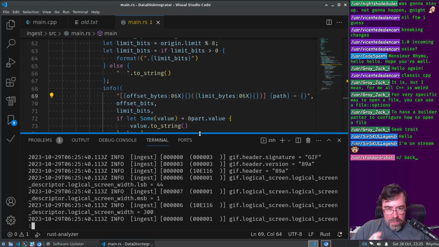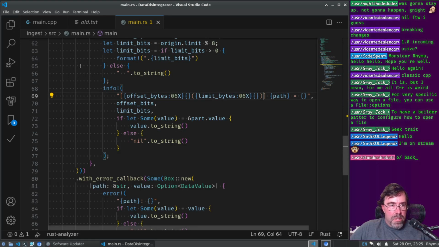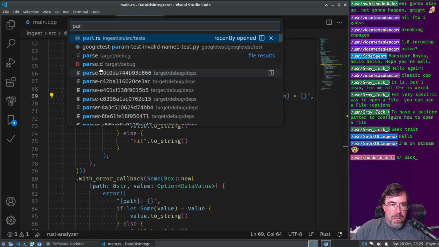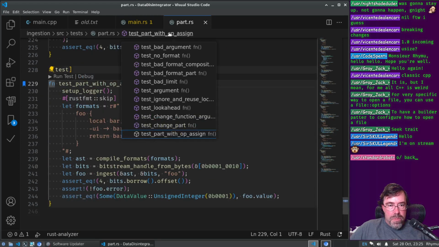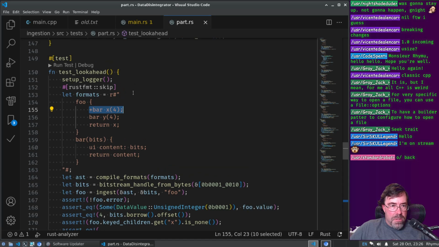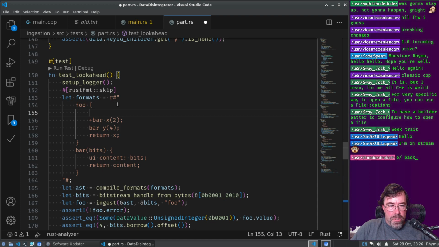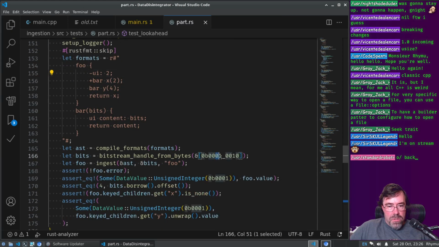Okay, so a couple things I have to fix, right? I want to fix the bug in the look ahead. I'm pretty sure I know where that is. So I think the problem is I didn't test it very well. I have this look ahead, but it starts at offset 0. So what if we parse like 2 bits and before that we ignore 2 bits? Right? So then I should get 0, 1